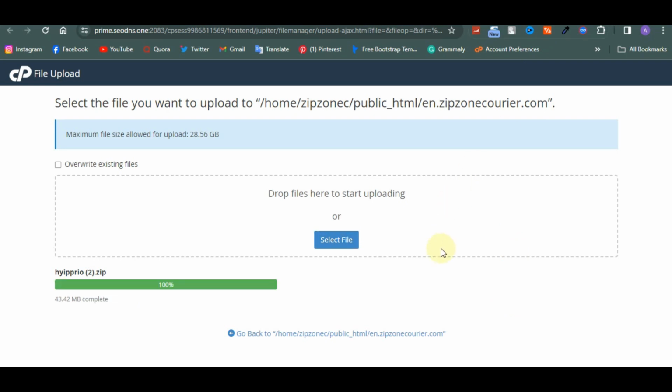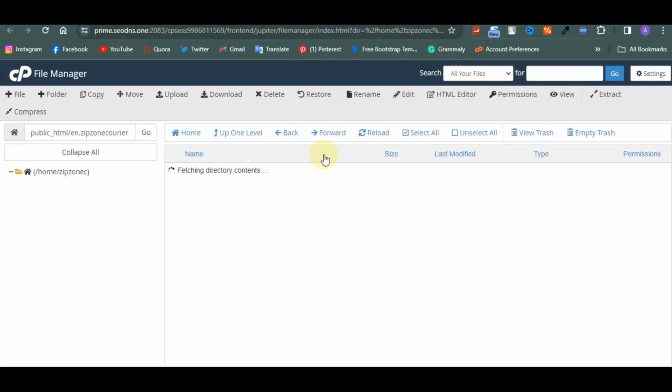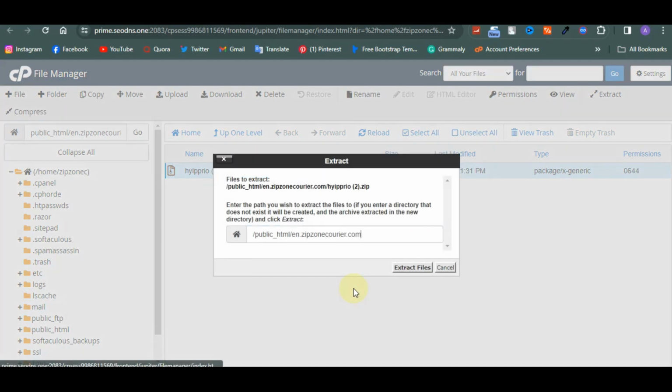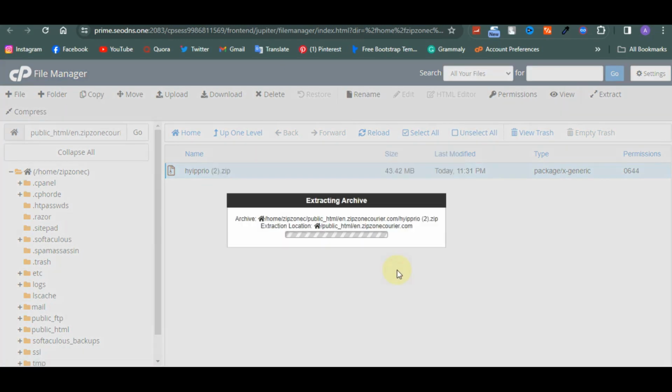So now we have it completely uploaded. So I'm going to click go back. Now once I click go back, I have the file right here. So the next is to extract the file here. So once you extract the file,